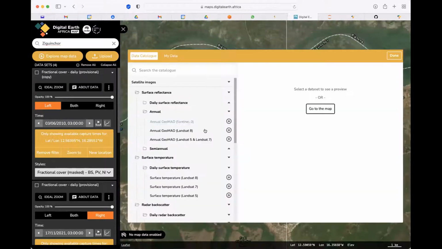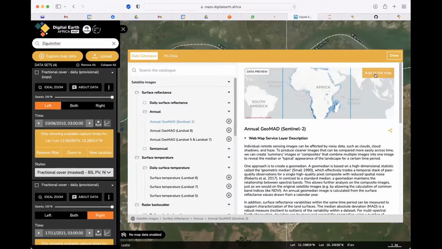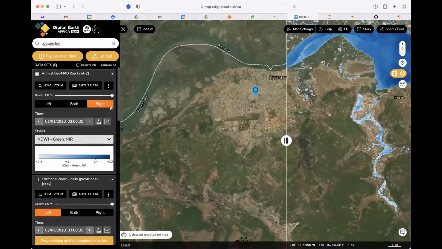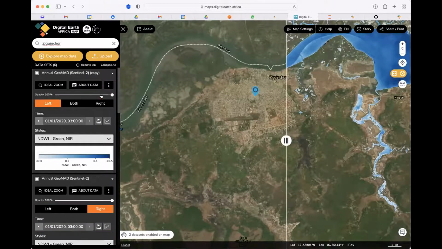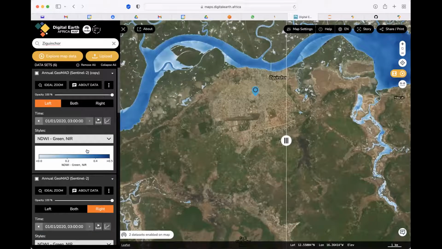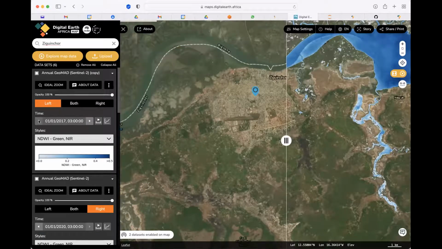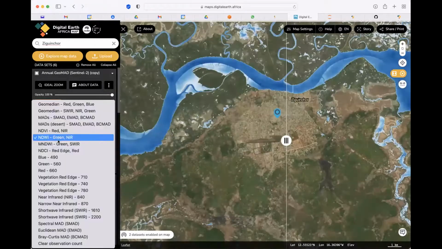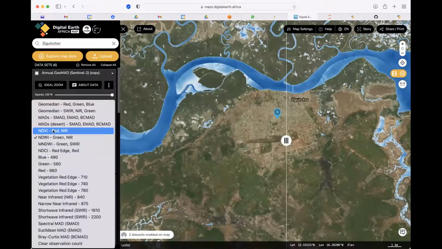So adding maybe a GeoMAD product to see how it really looks over time. Using the GeoMAD, I can also do a comparison within the GeoMAD, so that you have products on the left and the right, and you can see the change it brings out.